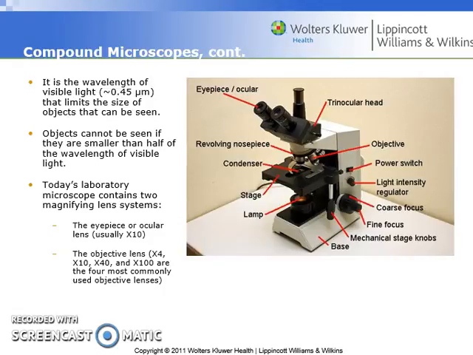Now, the compound light microscope operates on the use of a light in order for us to view anything. Without a light source, you're not going to see any bacteria or any protist organisms that are sitting on your slide that sits above your mechanical stage. The wavelength of visible light is going to measure 0.45 micrometers, and the wavelength of visible light is going to basically limit the size of objects that can be seen,